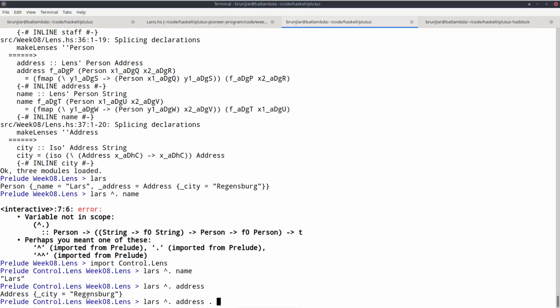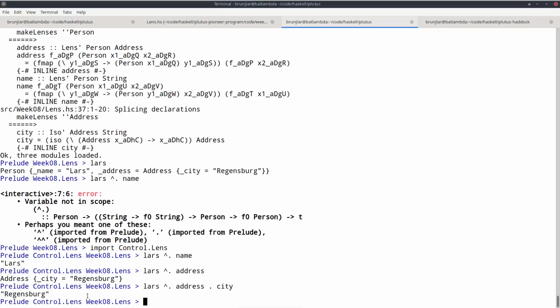And the combination is actually just the usual function composition dot, which is very cute because it's exactly like in imperative programming languages with the accessor dot. And there's some quite advanced type level machinery going on behind the scenes to make that work, but it works. So I can just do address.city, for example, and now I zoom in 2 steps. So from the person, Lars, first to the address and then to the city, and I see the result, which is Regensburg.